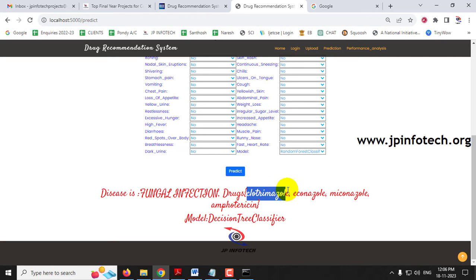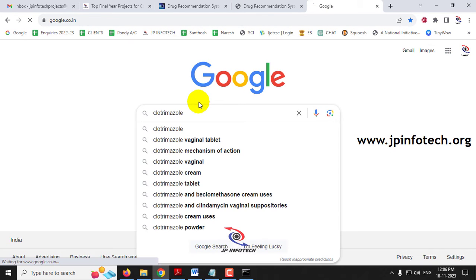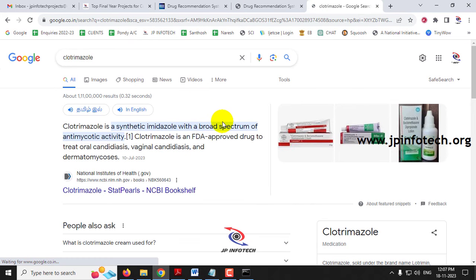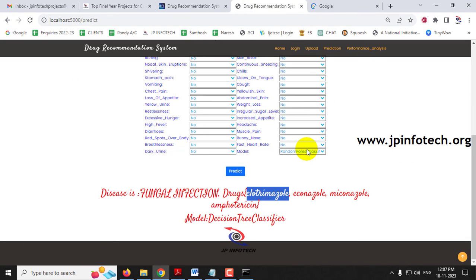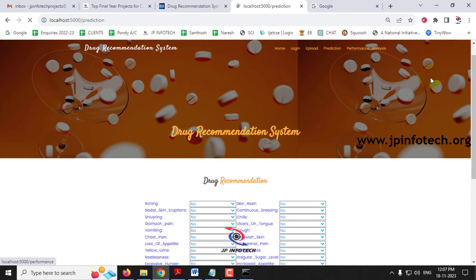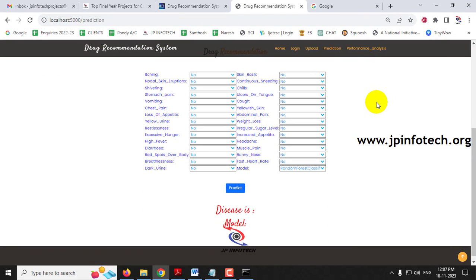As a sample, I'll just put this in and check it out, and you can see this is used for fungal infection. And now let me go to the prediction menu again and show you the final case, which contains chills,